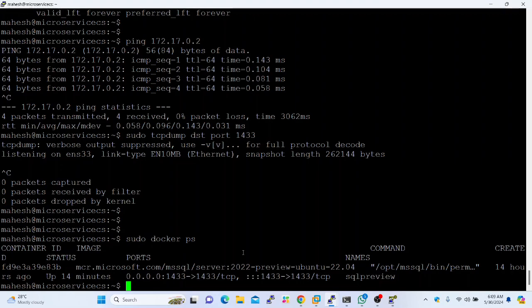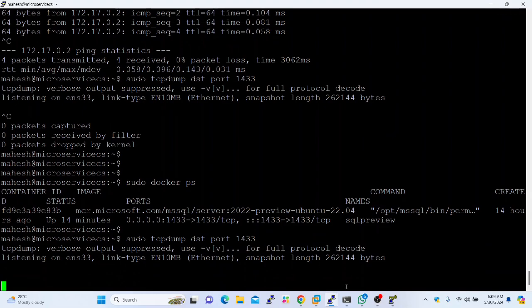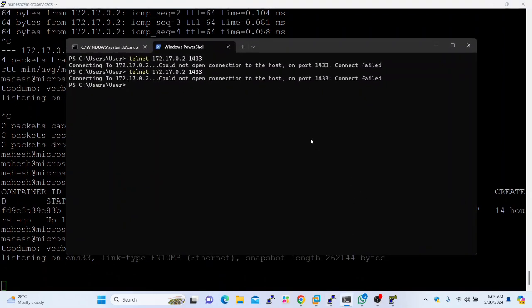Because of that, I can't directly contact it. But when you deploy a Docker container, we have to have a mapping. We can do it using the -p option. Here it says this is the mapping: 1433. If some requests come to the Docker host targeting 1433, it should be forwarded to the container's 1433 port. So I'll show you that. Let me run this TCP dump, and let me try to access my Docker host IP